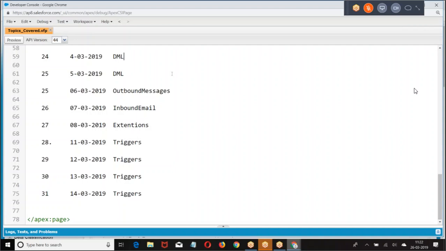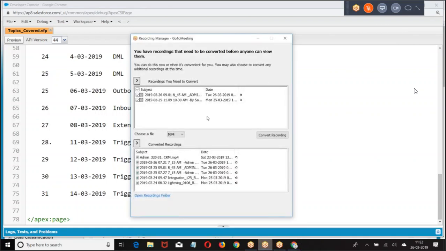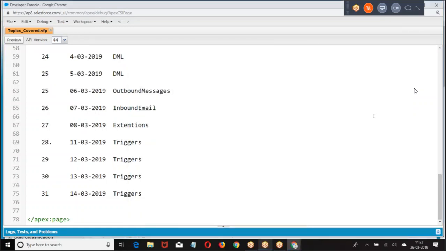The point here is whenever we are trying to perform some asynchronous operation, then we are supposed to mention Test.startTest, Test.stopTest.